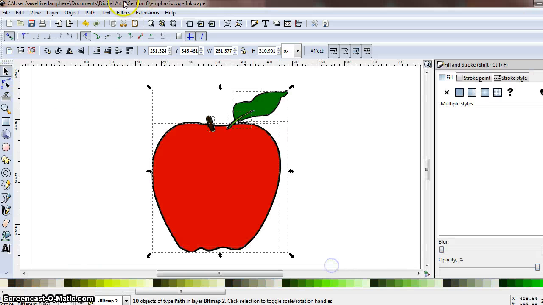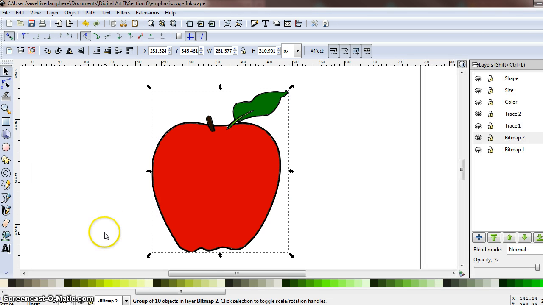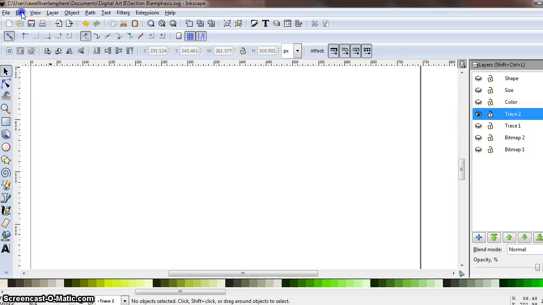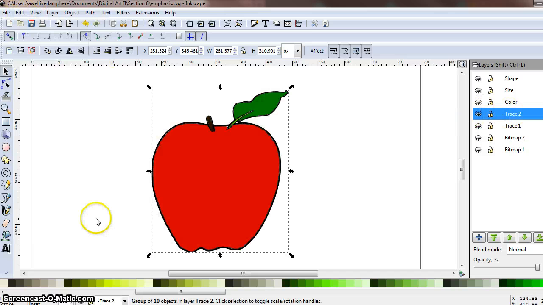I'm going to select everything, Object, and group that together to be one object. And I actually should have been, you'll notice I was on my bitmap 2 layer, and I should have been on my trace 2 layer while I was tracing the object. So I'm actually going to hit Control-C to copy, go ahead and hide your bitmap, move to your trace layer, Edit, Paste in Place, and that moves that to our traced layer. And now I'm going to Control-C that image again,